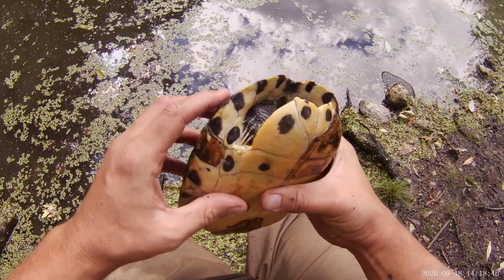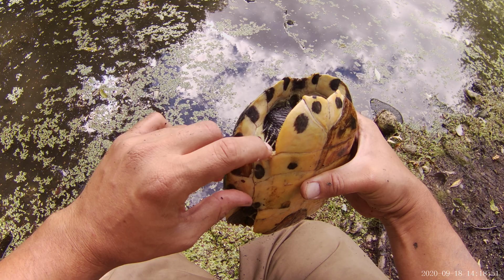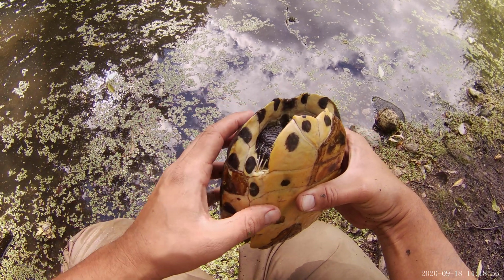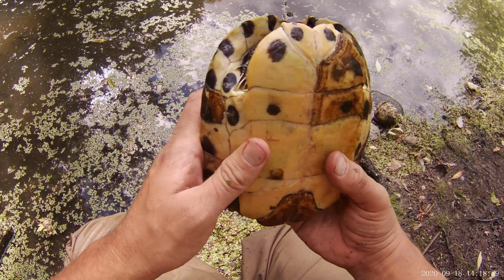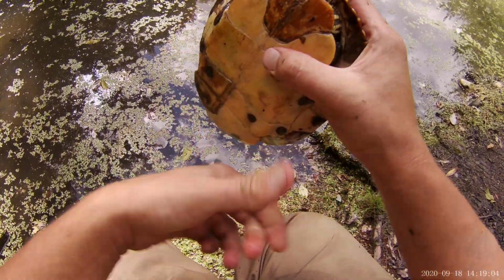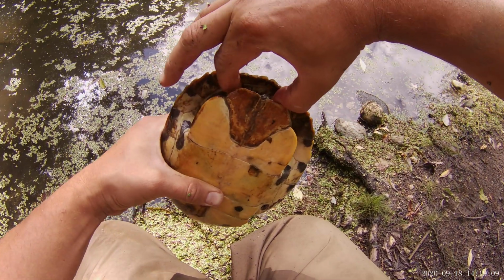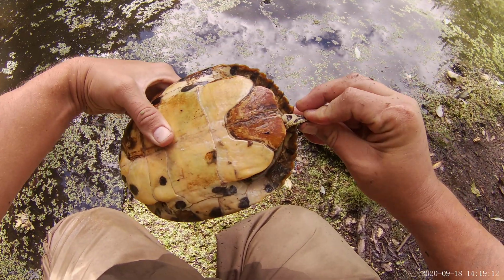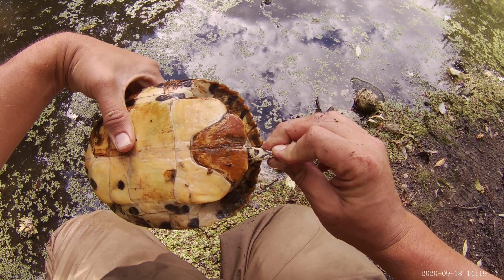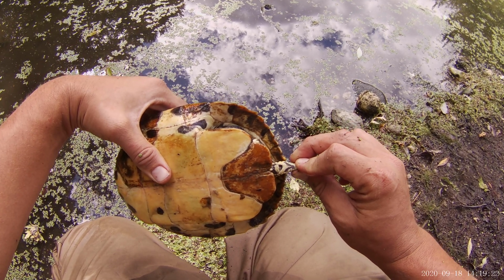It is a female, so slider turtles are sexually dimorphic in the length of their nails on the front feet. These nails are not much longer than a centimeter, whereas in a male of this size, they could be nearly twice that length, almost 2 centimeters. We also see a very tiny tail, and she's not going to let me, well, maybe she will. I can do my best, but this cloaca is not going to extend past the edge of the carapace. So the short nails and the tiny little tail tell me that this is a female